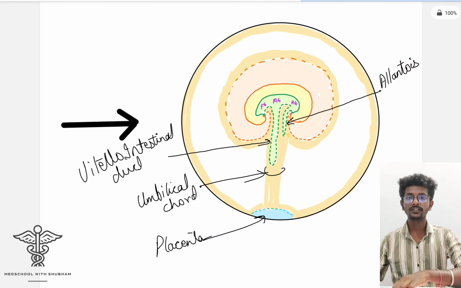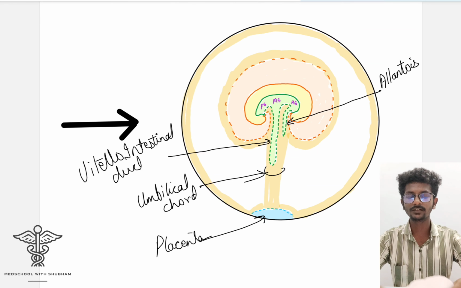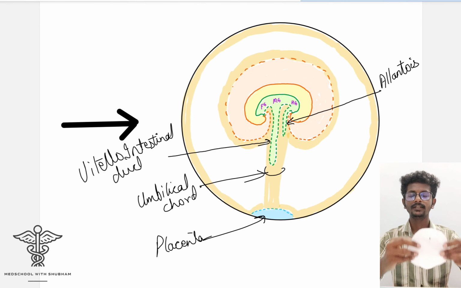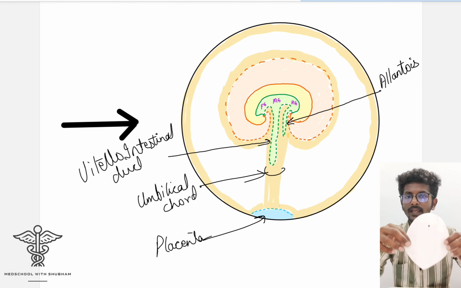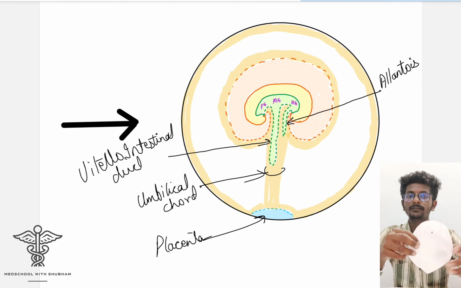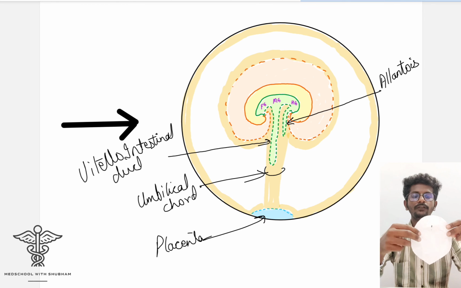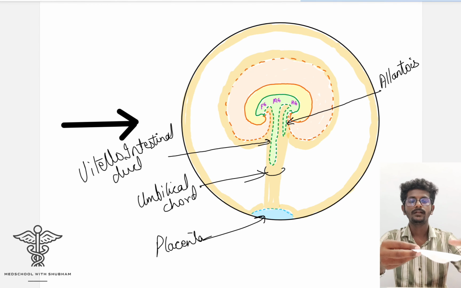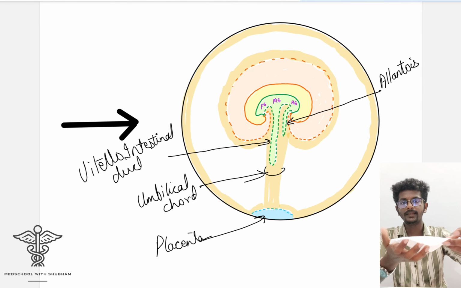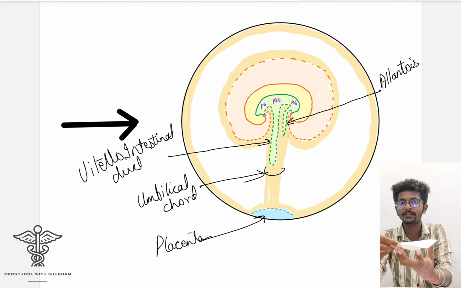So this is all about the foldings of the embryo. Let me show you in a practical way. I hope you can understand this. So assume that this is the embryonic disc. This is the head end, this is the tail end. Above you will have the amniotic cavity, and below you will have the primary or the secondary